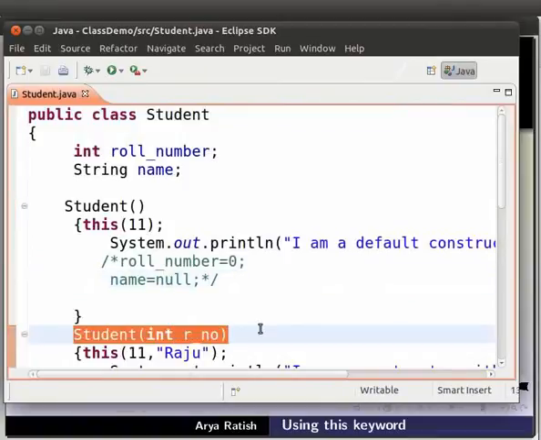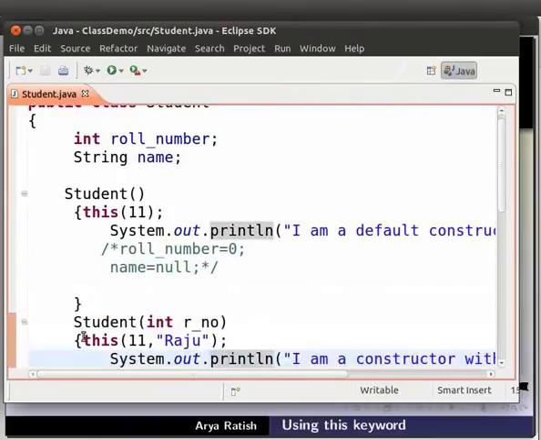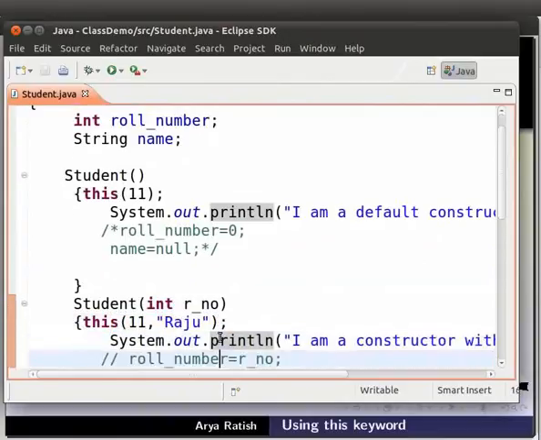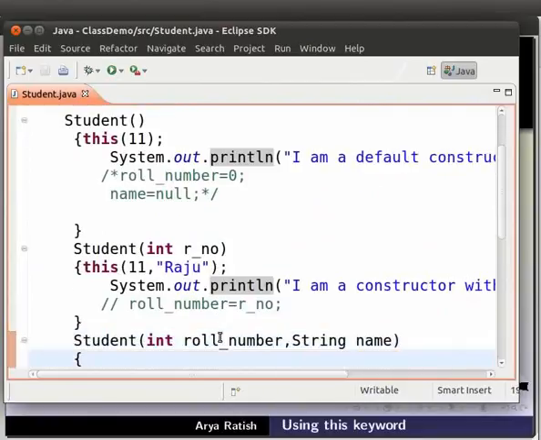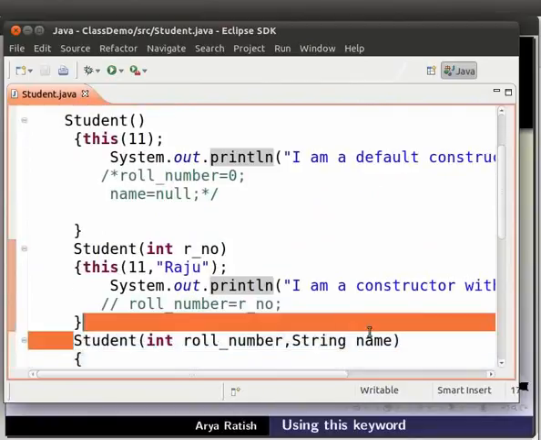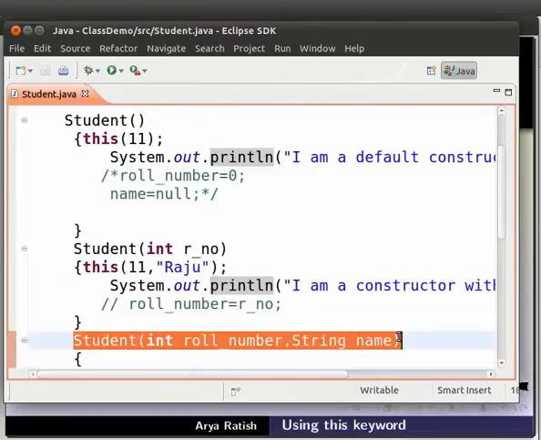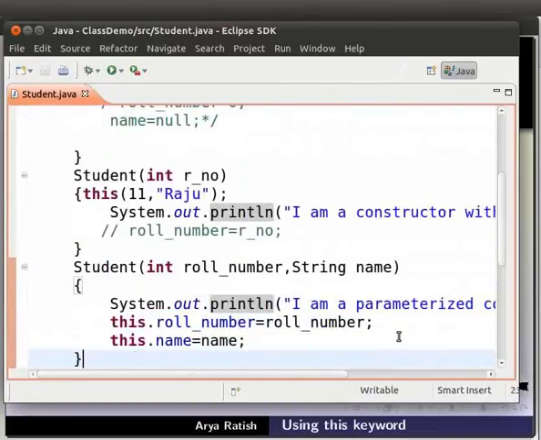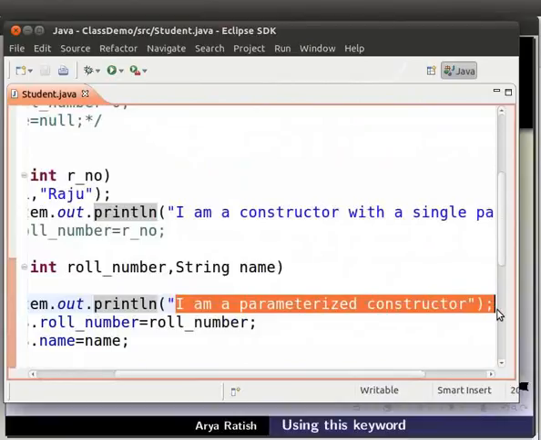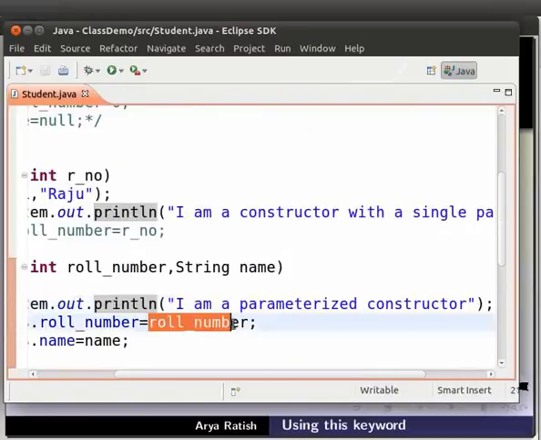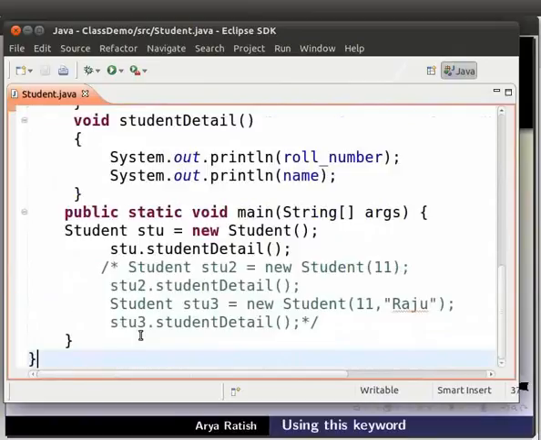Then the control comes to this(11, Raju). Hence, it calls a constructor that accepts one integer and one string argument. So this constructor is executed and we get the output as I am a parameterized constructor. Now the instance variables will be initialized to 11 and Raju as we had passed.